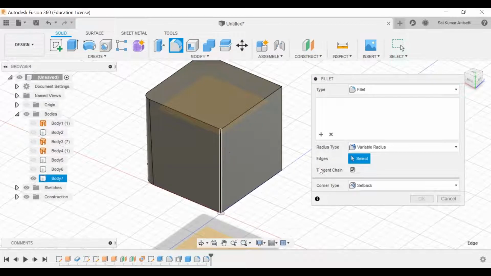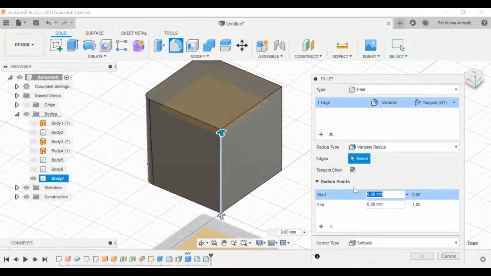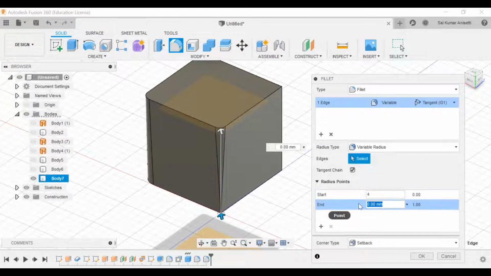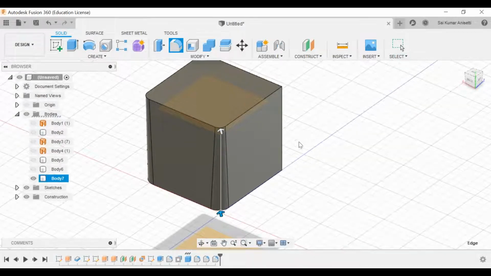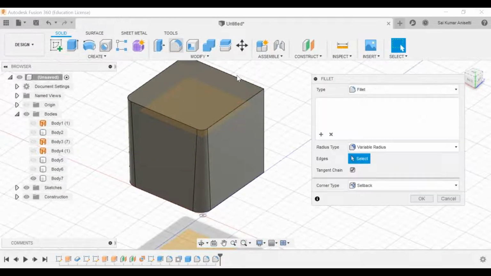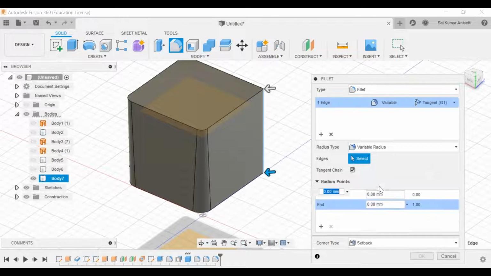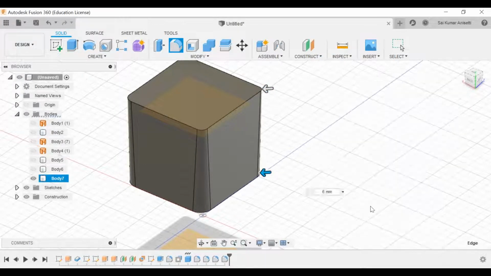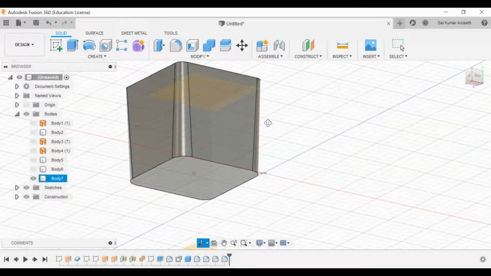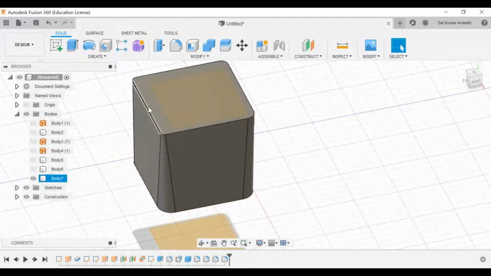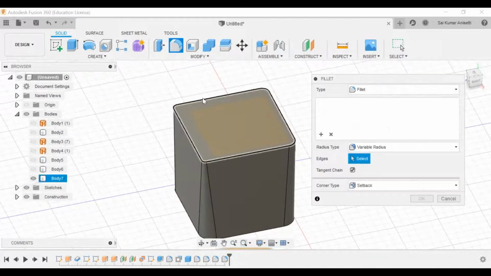We do the same, but I'm constantly changing my fillets. I'm not giving the same fillet to all the edges. So let me give 3 and let me give as 6. Click OK. Now my fillet is varying. It is different at different edges. Now click OK.